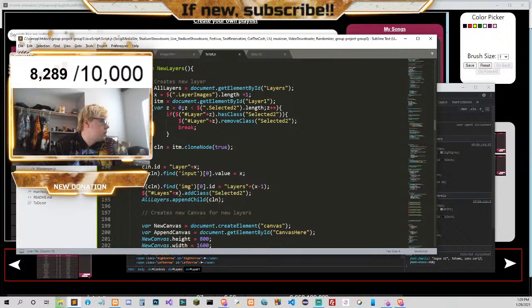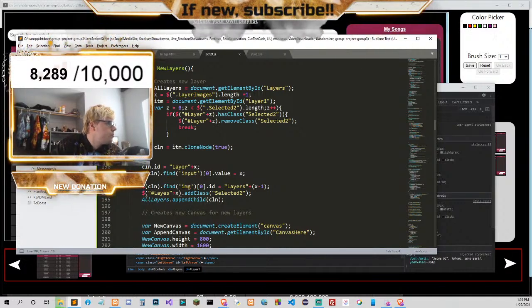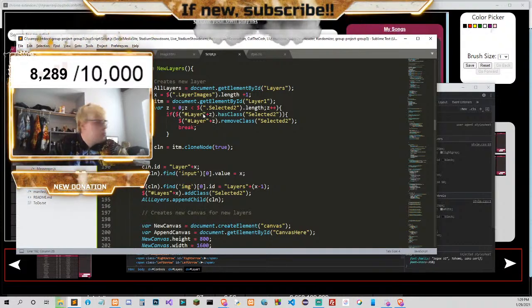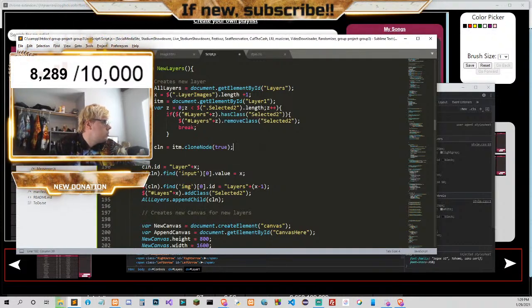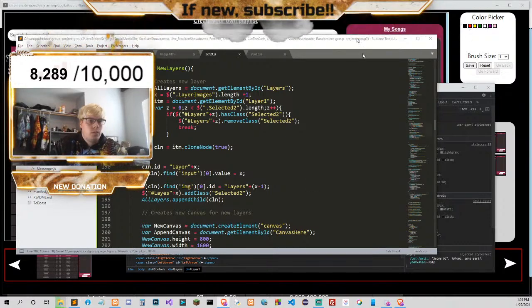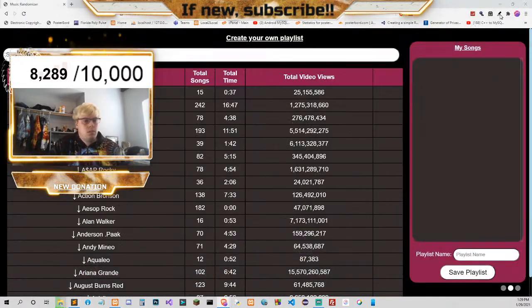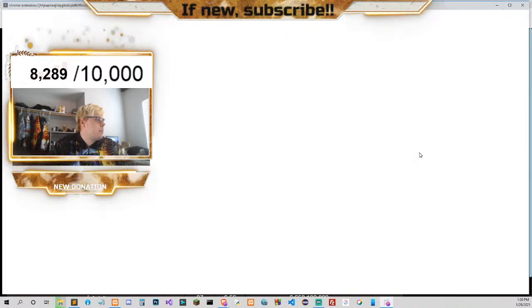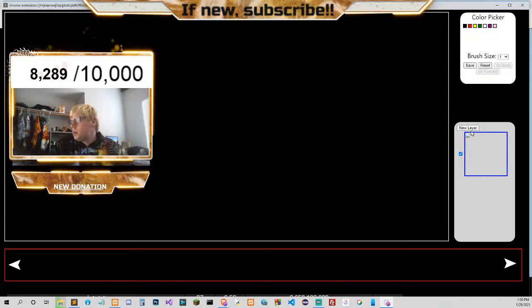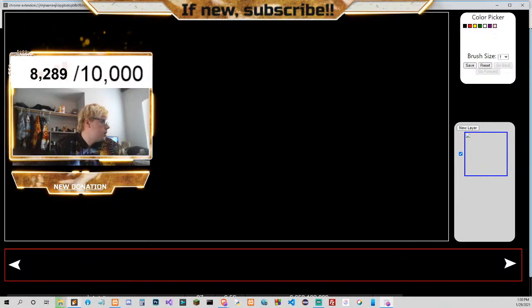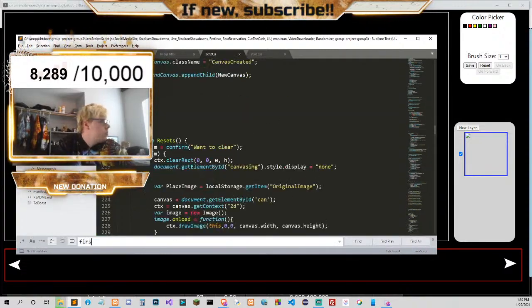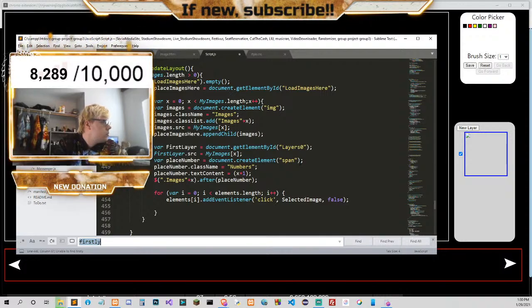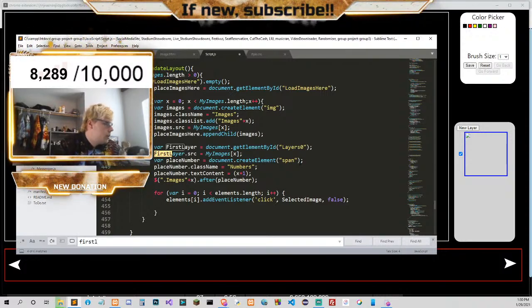All right, let's try this again. Because if layers, let's change that. I think that should work. First layer. Another email?